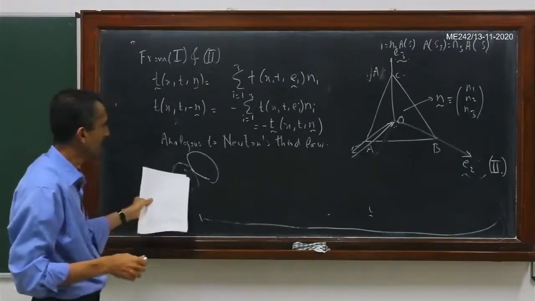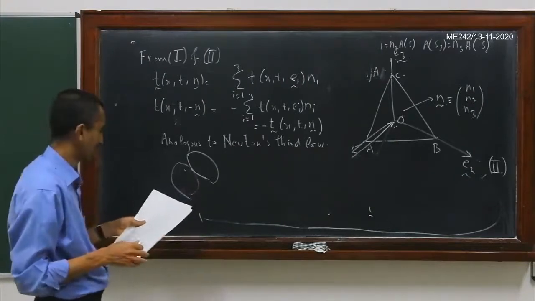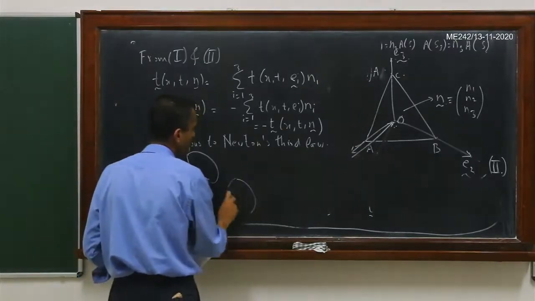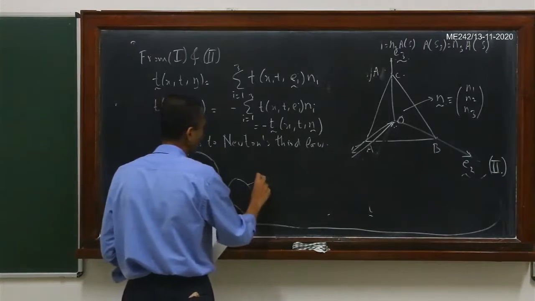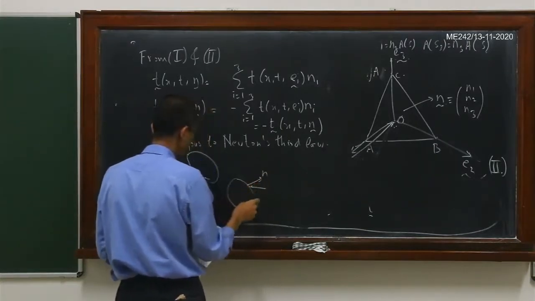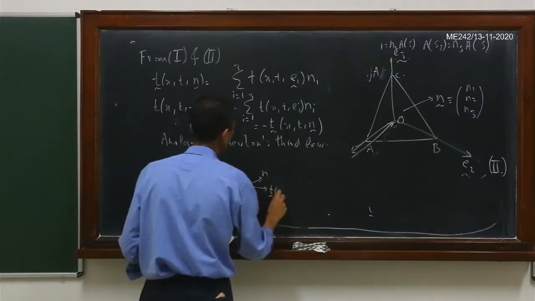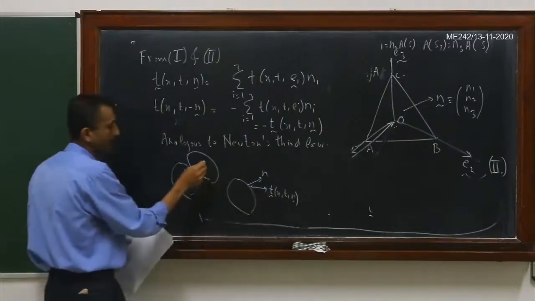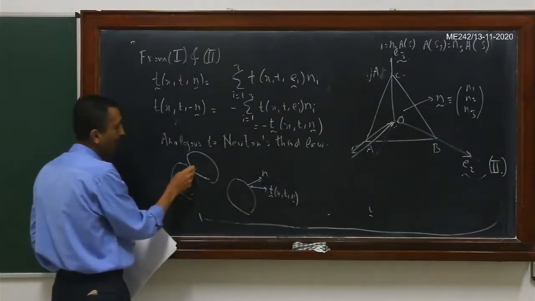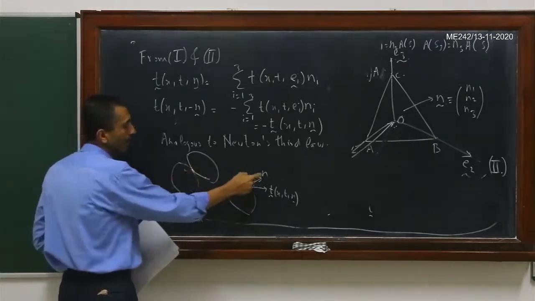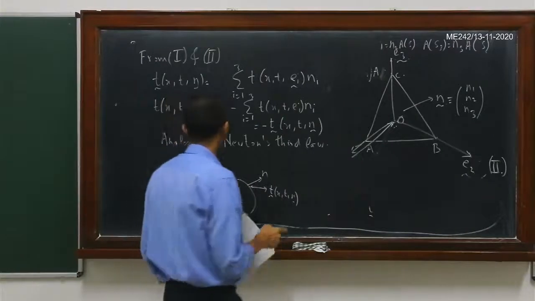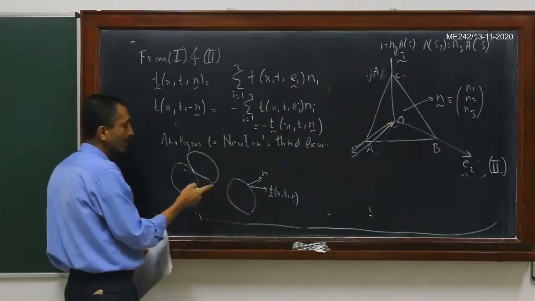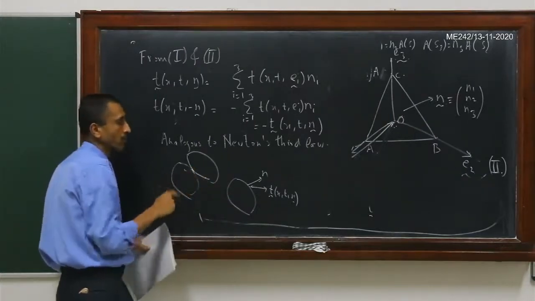If I now separate these two bodies to show the traction vector, this is what it would look like. Imagine that at this contact point, I'm just drawing it apart now. This is your n, and suppose this body is applying this traction t(x, t, n) on this body at this particular point here. So n is the normal to the surface. Then correspondingly on this other body there will be an equal and opposite reaction exerted by this body. Let us just draw that.